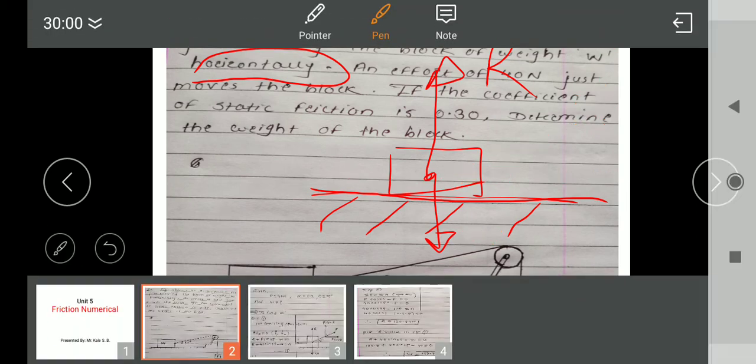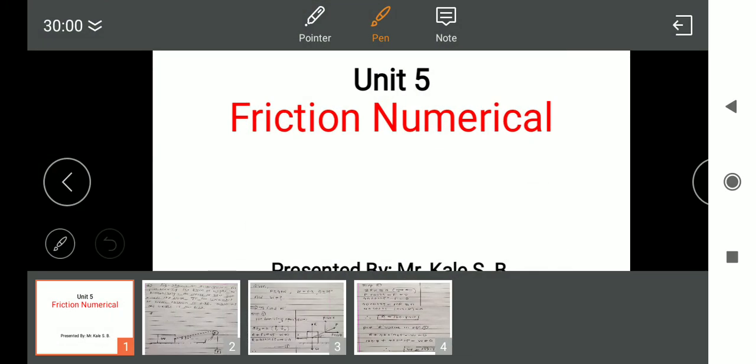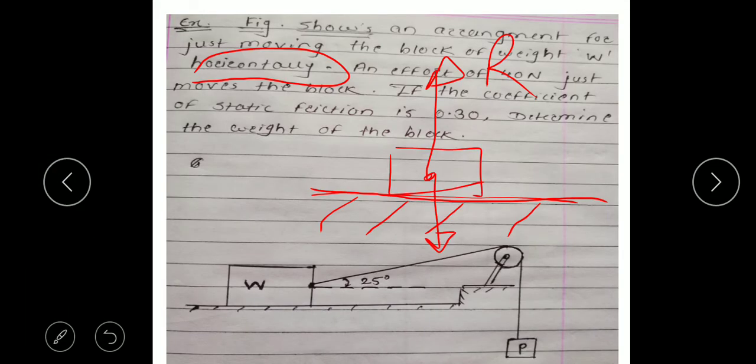The same case, sorry. Okay. Now the same case,